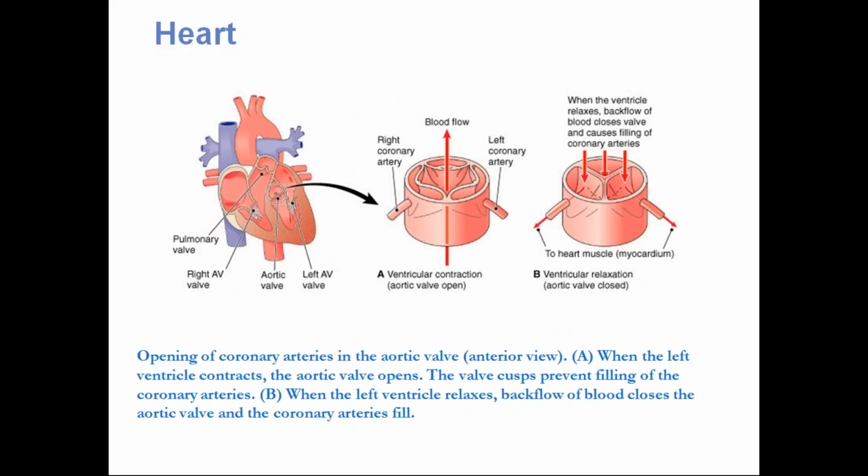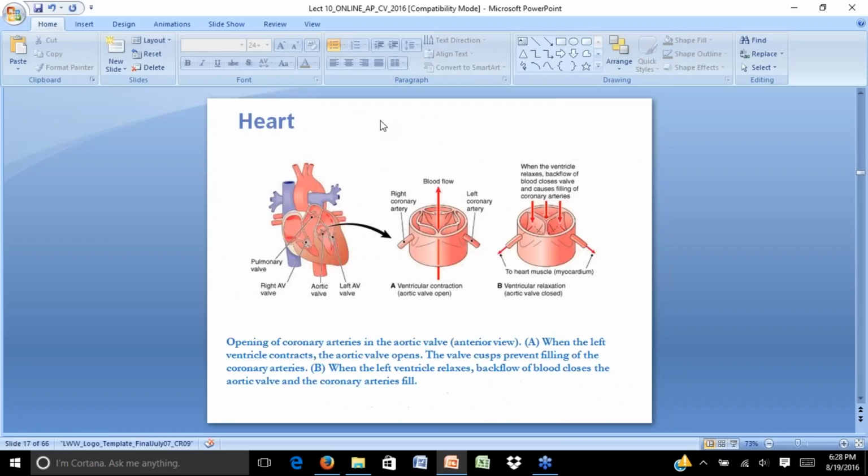Here, just to show you about the functions of the valves. So the valves, for example, this is the atrium, and here is the ventricle. So atriums and ventricles. How is the blood flow going to go through? It goes from the atriums to the ventricles, correct? So the valves are going to be distributed like this. Now, blood coming from the atrium opens the valve, but at the time when the heart is going to contract,